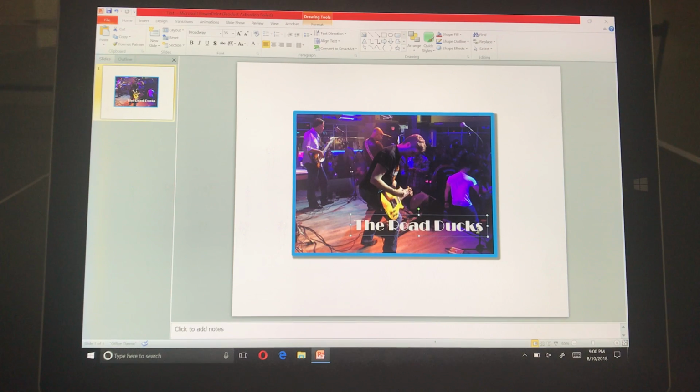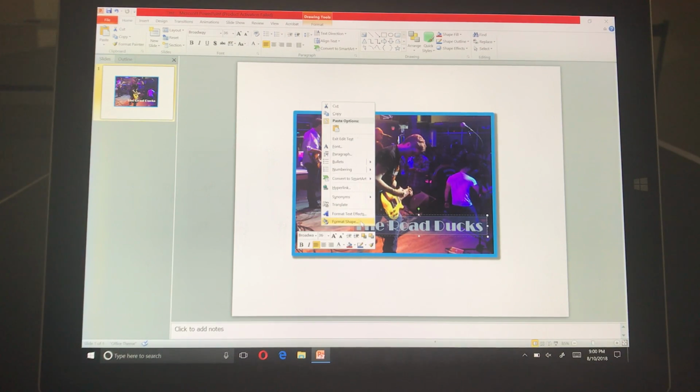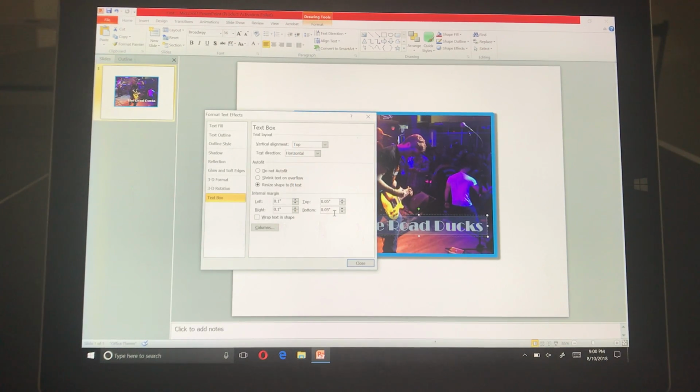stylize the fonts as well. You stylize these words if you right click or left click at the end of the words and you highlight across so that they're all highlighted. When you right click, then you'll get this drop down and you go to Format Text Effects right here. When you select that, then you get a whole bunch of options like text fill,